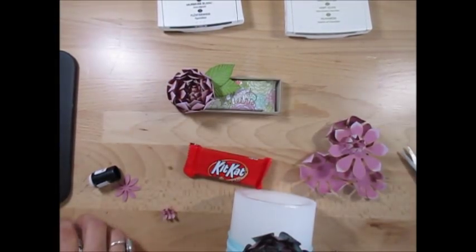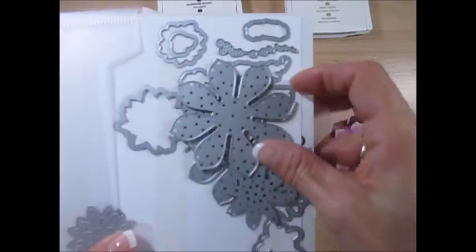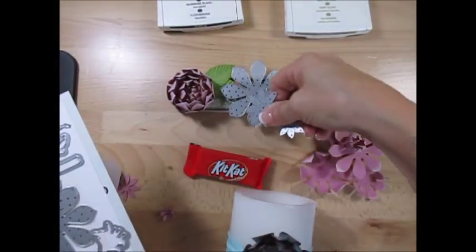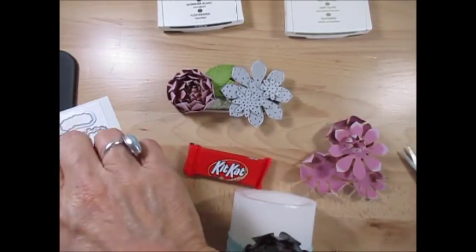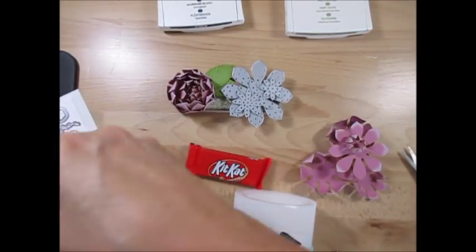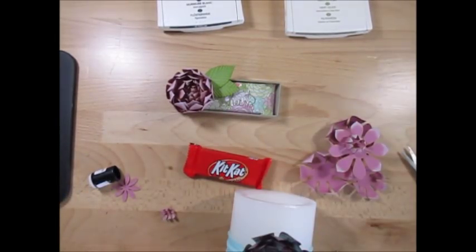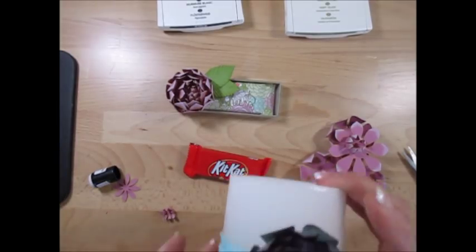This one here, it's using the Framelits. I use all the ones in this shape. So it is 6 of them, all the same color. I use Sweet Sugar Plum. So I pre-cut all of that for us to speed up the process here. And then I had done the